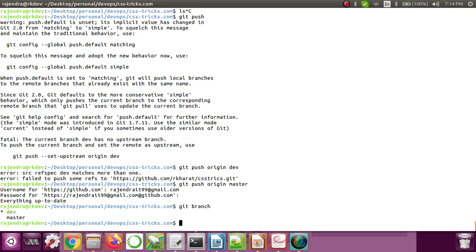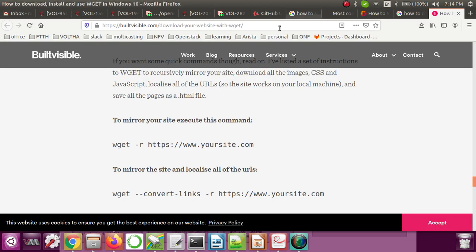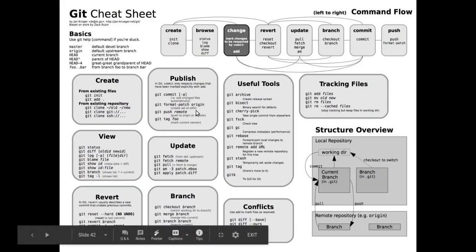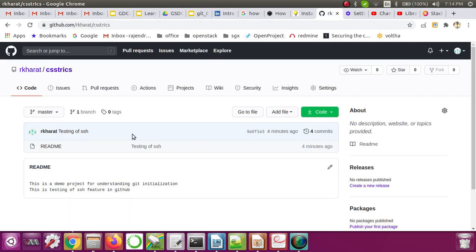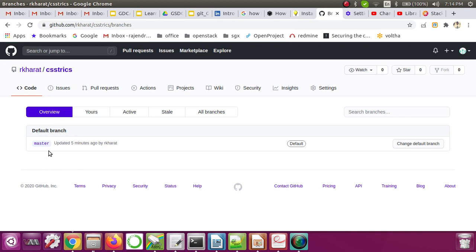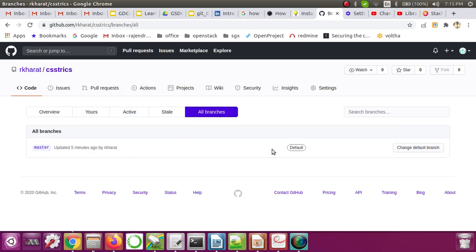Before that we also have to create a branch on the repo as well. So how can we do that? Go to your repo. This is our project. Here we have only one branch, that is master. So we can create a new branch as well. See all the branches, we have only one. Let's create one more.